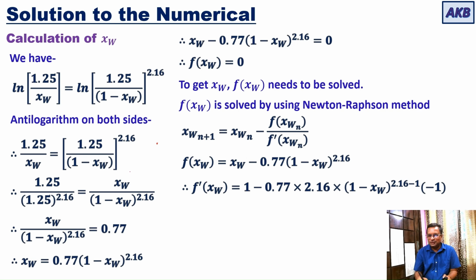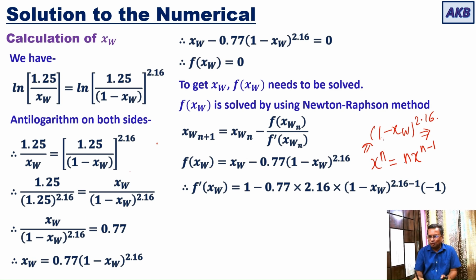The function on the right hand side, you have this function (1 - xw) raised to 2.16. And for this, you can use the formula for the derivative of x raised to n. What is the derivative of x raised to n? This is n into x raised to n minus 1. So, if there is a function of x in place of x, which is the case here, in place of x you have 1 minus xw, and we are going to differentiate it with respect to xw. So, in that case it will be,